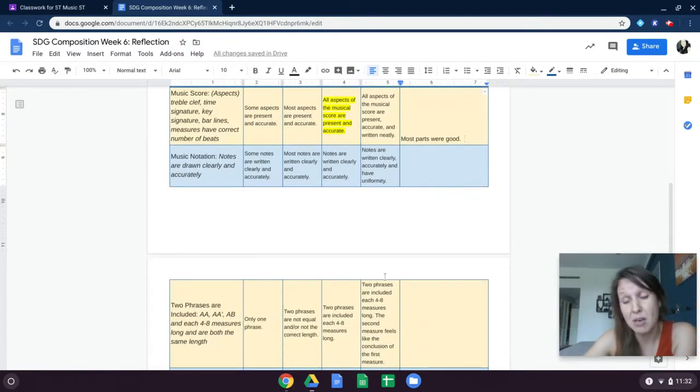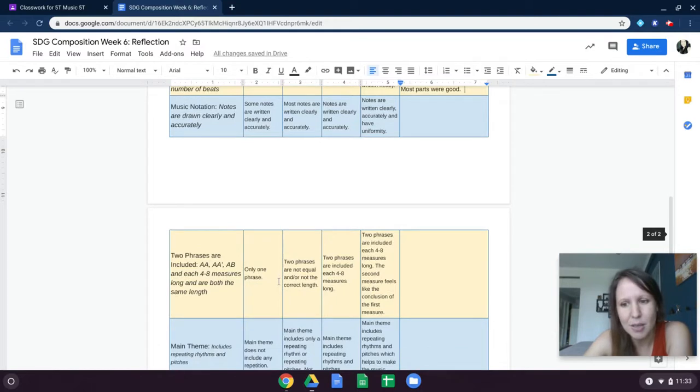If you were me, what would you put? This is not going to affect your grade. So if you give yourself all 4s thinking, if I just give myself all 4s, then I'll have a really good grade, it's not going to happen. If you give yourself all 1s, that's not going to be very helpful for yourself either, because I'm sure that you did some things well. It's just a way for you to reflect and think about it.